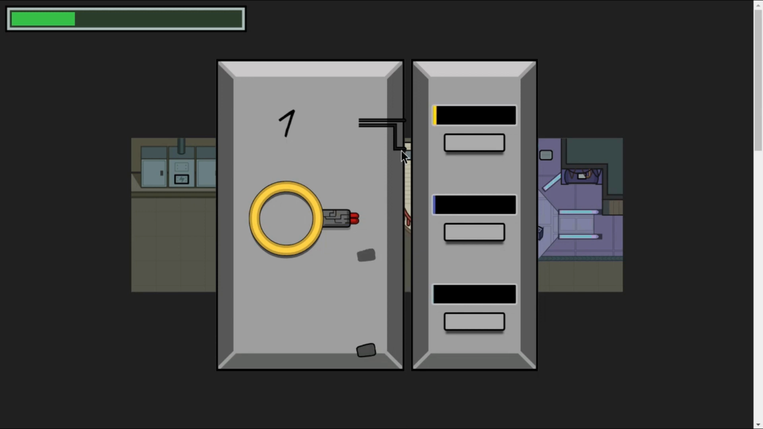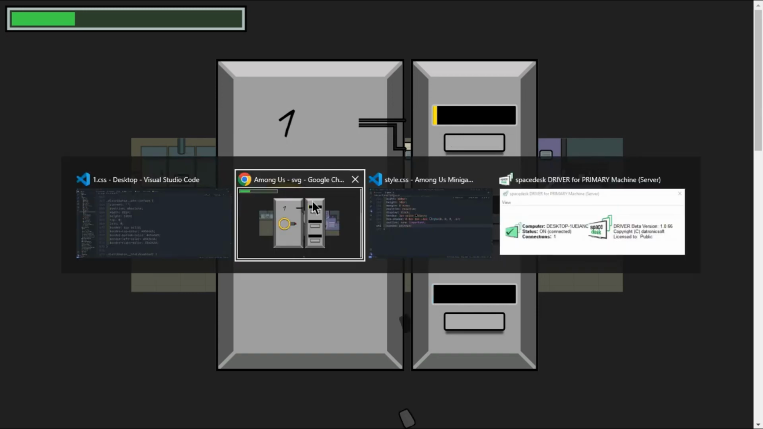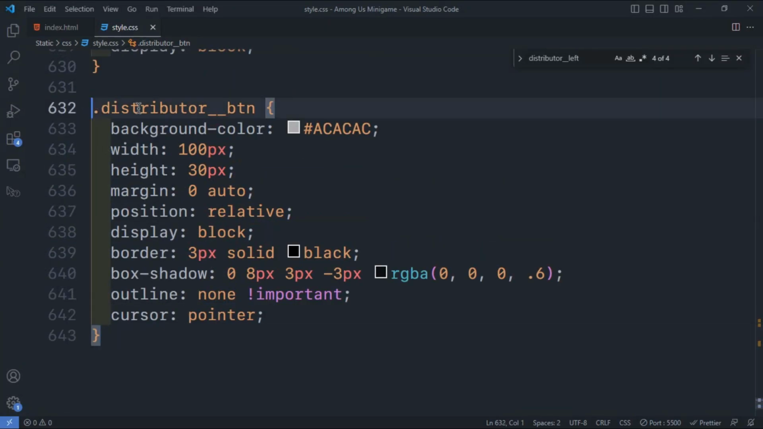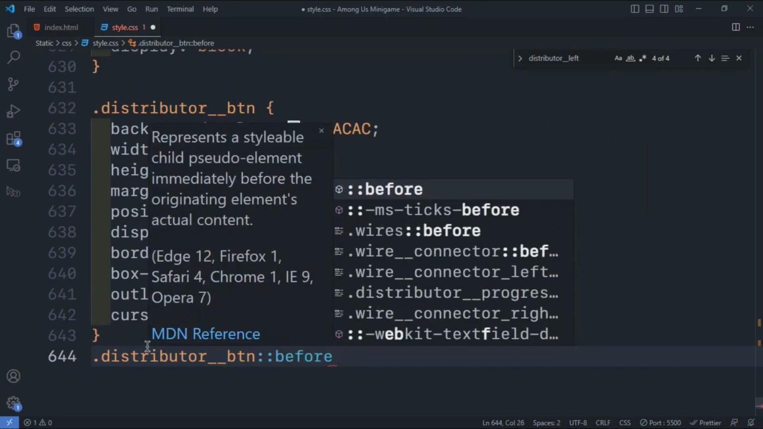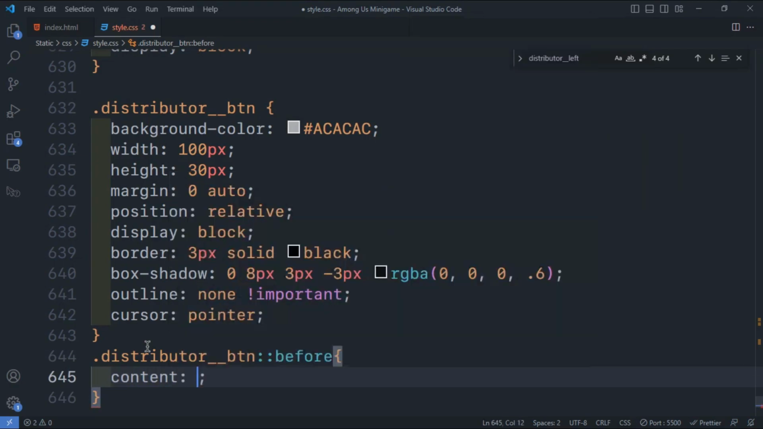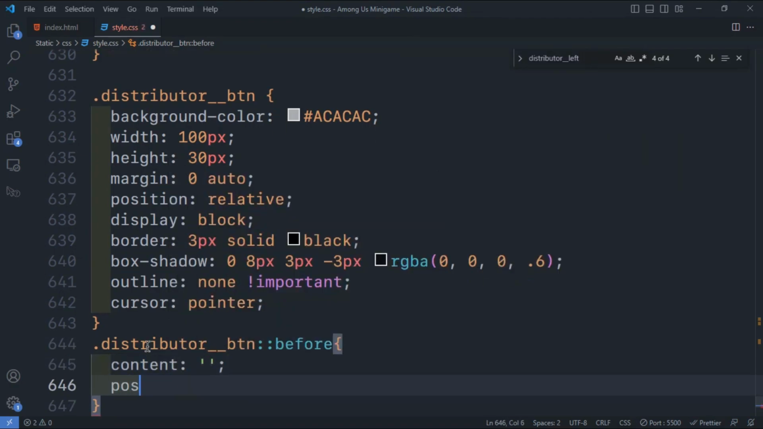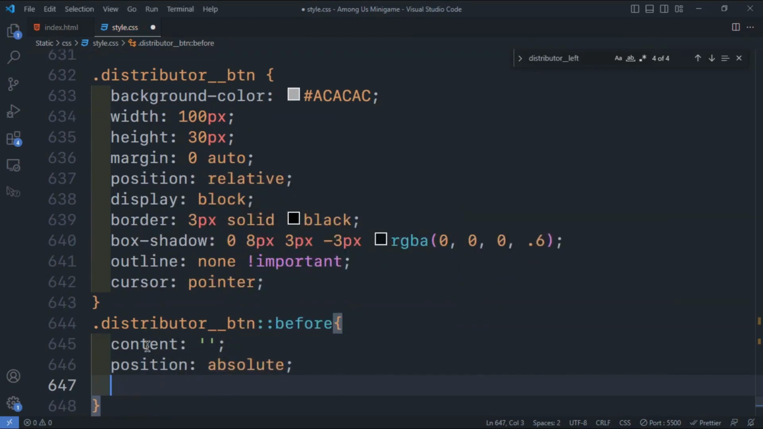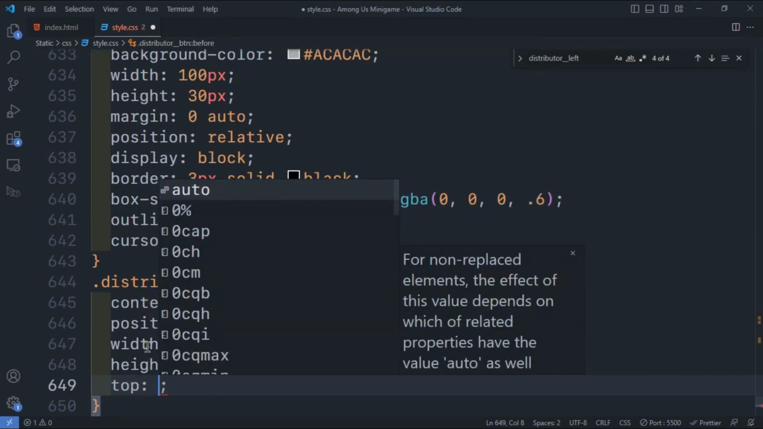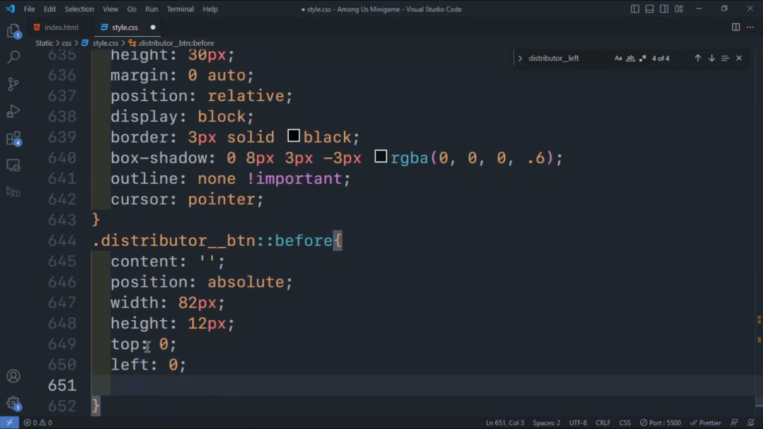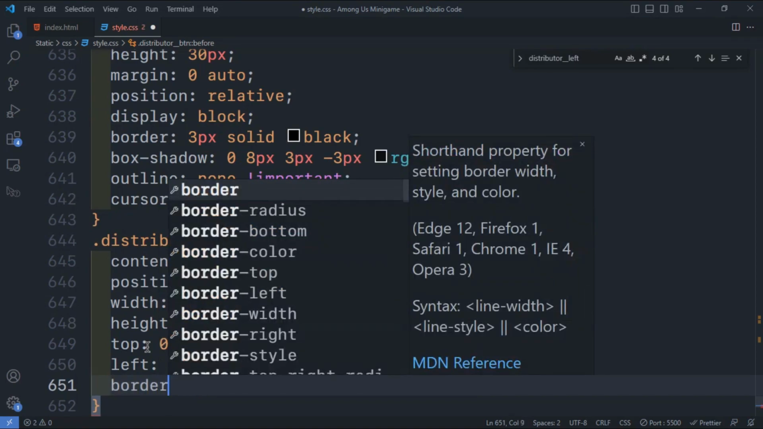Now we need to add the distributor button with the before pseudo property. So we'll call in distributor button with before, assign it content, give it a position of absolute, give it a width of 82 pixels and a height of 12 pixels. We give it top and left of 0. We give it a border of 6 pixels,